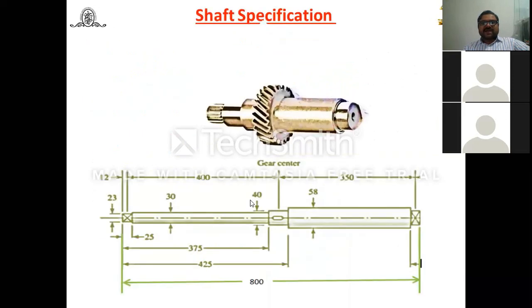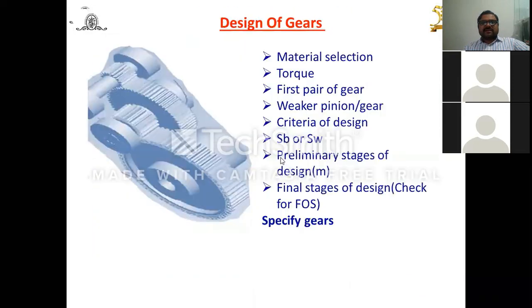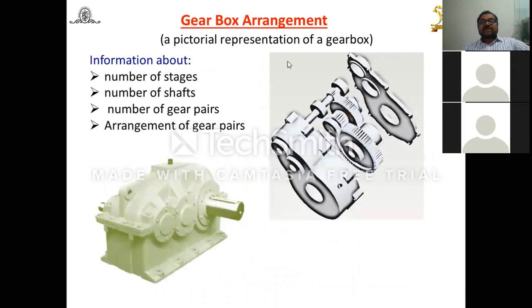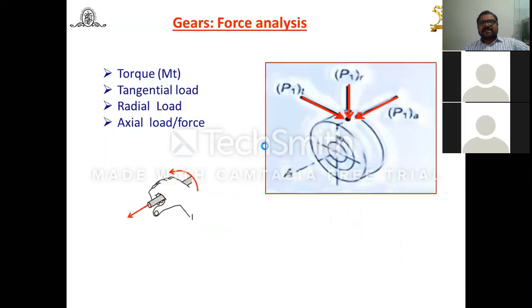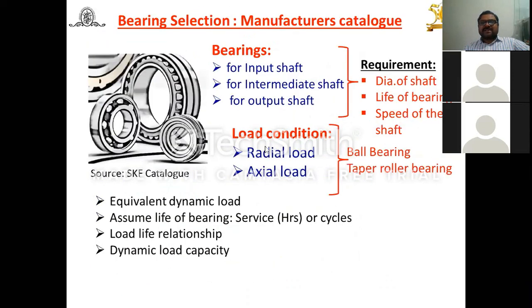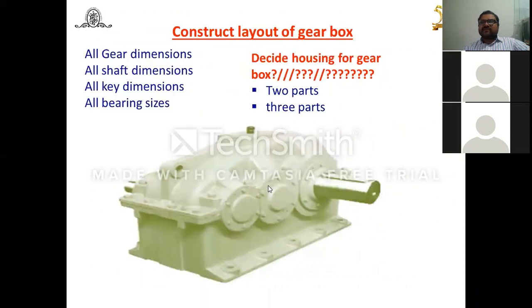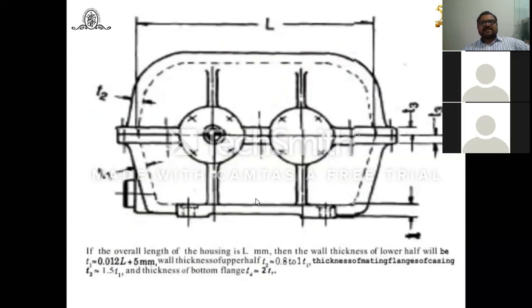That's why I have put one step here: gearbox arrangement. Here you have to decide before designing all these things. After designing, it's not possible to decide. Otherwise, what will happen? The positions of the gears are going to change, meaning shaft dimensions or forces acting on the shafts are going to change. Try to understand. That means you have to decide before the design of it. And once you have decided, you have to decide the housing. Let us see. Now here I have taken this graph. There is one book, Mitra's Gear Handbook.